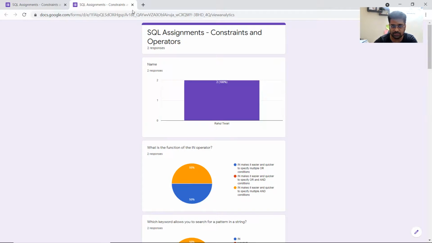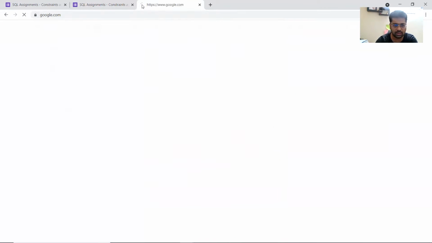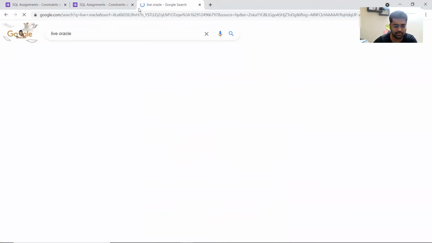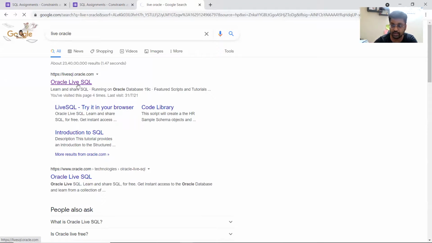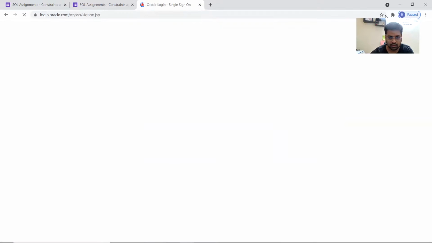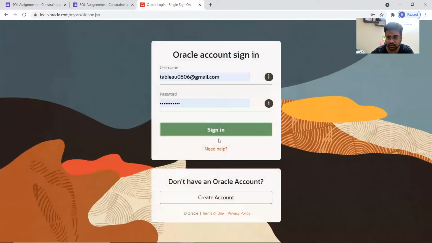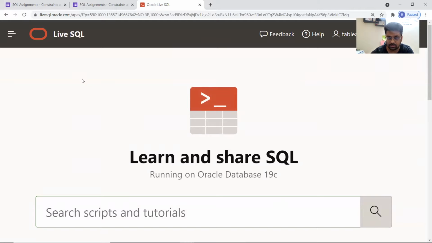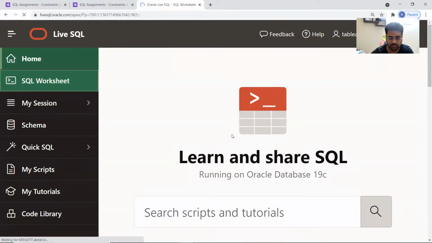Secondly, these tables you will also find in Live SQL from Oracle. If you Google around, you can see Live SQL. In this Live SQL, you will actually get the employee table. I'll let you know how to access that, so that there will not be any problem. Once you log into Live SQL, you have to sign in with your account. I see that many of the students are looking for the other version of SQL. As I mentioned, I'll share the details, but give me some time for that. By that time, it's not stopping you from starting your work.